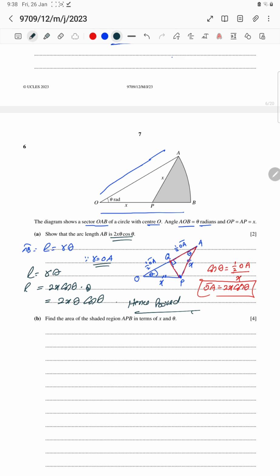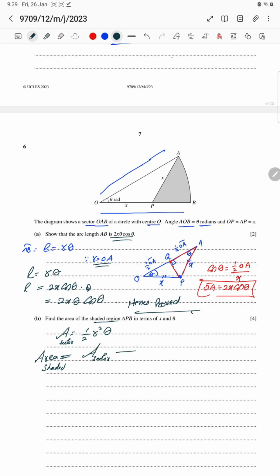So we have proved it. Now we have to find the area of the shaded region APB in terms of x and theta. Okay, fine. The area formula we know is half r squared theta, but the area for the shaded region will be half of this area of sector. This was the area of sector, right? Area of sector